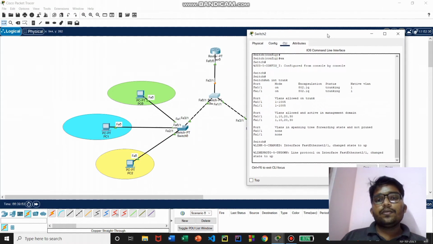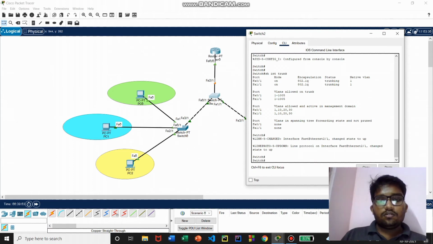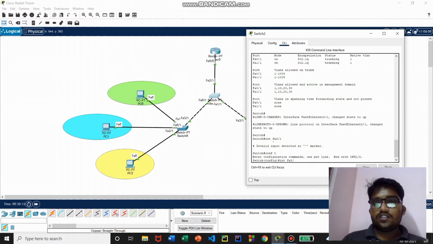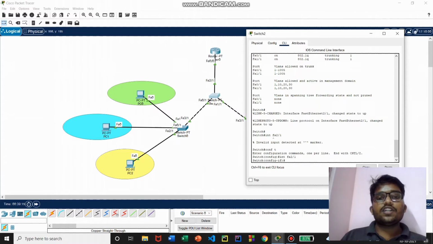So take the interface FA2/1. Sorry, now we are not in the configure mode. Interface FA2/1, and what we have to do is set this interface as access mode, since this interface takes the traffic of only VLAN 10, right?